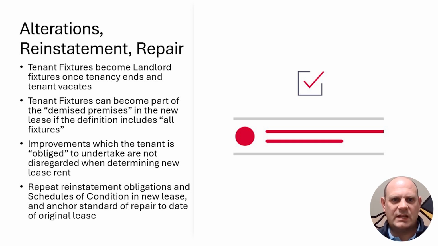In the renewal lease, the landlord must specifically state that the tenant's covenant to keep the premises in good repair shall be construed as requiring the tenant to maintain the premises to the standard of repair existing at the date of the original lease. And if there's a schedule of condition or photographic schedule prepared at the start of the original lease, the tenant will want to ensure that they incorporate the reference to that in the renewal lease, else they will lose the benefit of that qualification to their repair obligations.